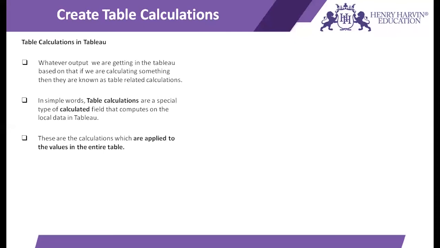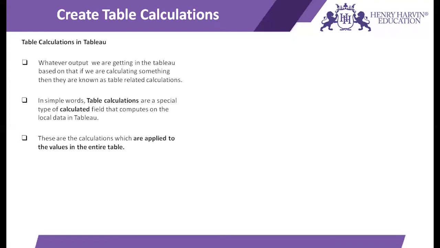So if I perform any operation on these fields, then it is said to be a calculation which is database related. And if I obtain another field by performing some operations on these fields A and B, that is, I may add them or subtract them, then the field obtained is, supposedly, field C. So if I perform any operation on this field C, then that operation is known as a table related operation, because